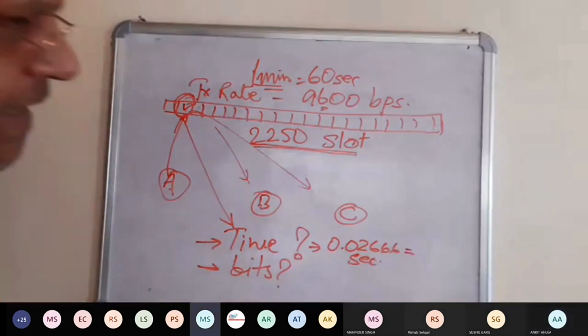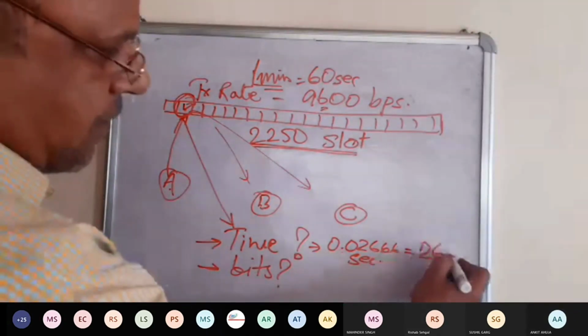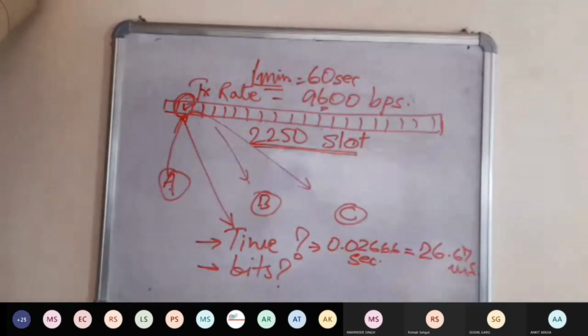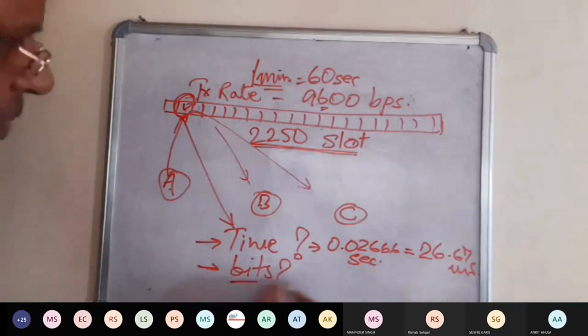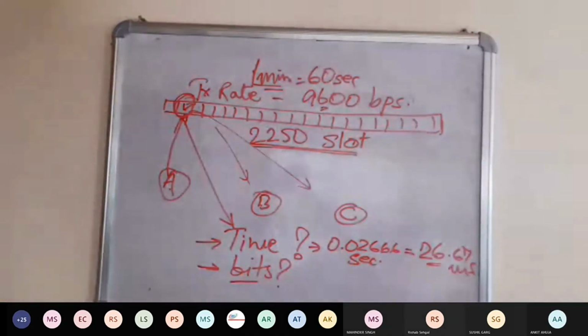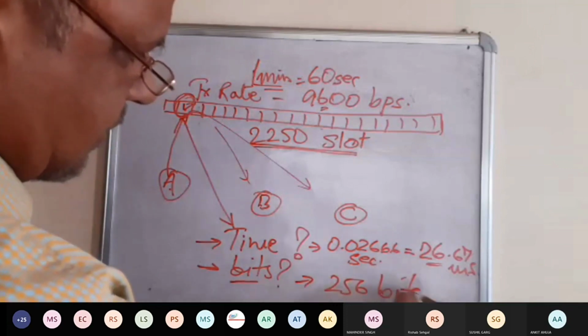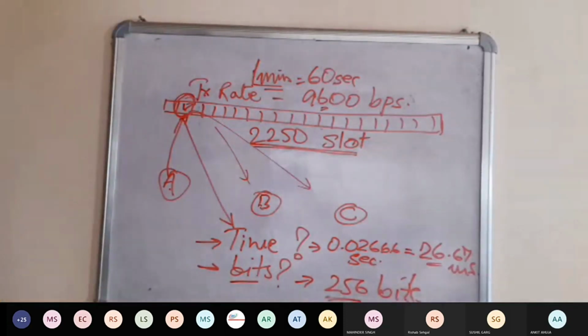Which can be converted into milliseconds, which is 26.67 milliseconds, that is the time. Now, how many bits can be transmitted in this much of time? 256. Very good. Bingo. So 256 bits. 256 familiar sound हो रहा है ना, हर जगह हम सुनते हैं. 512, 256, 1024. डिजिटल कम्युनिकेशन में हम सुनते रहते हैं ये।